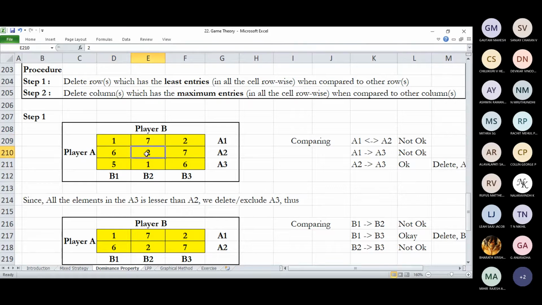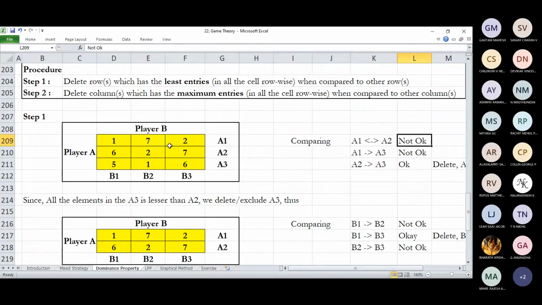But if you compare 2 and 7, here it is higher and here it is lower. So there's a contradiction, and this cannot be a perfect comparison. What if it were the other way around, say 2 here and 7 here? That would be a really good match, and we would go to the third cell. Since the comparison is not effective, we stop there. That's why I've put not okay.